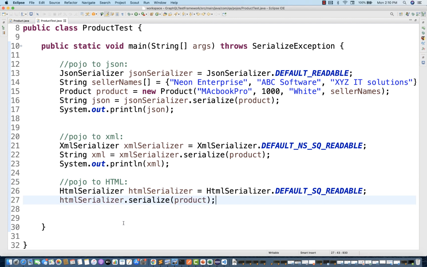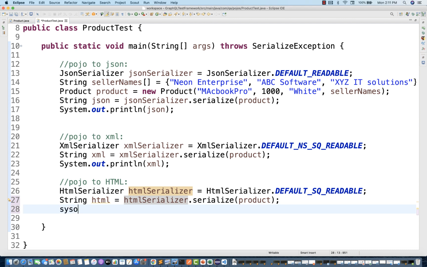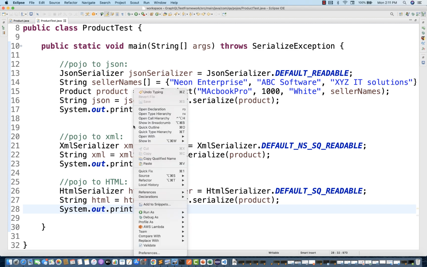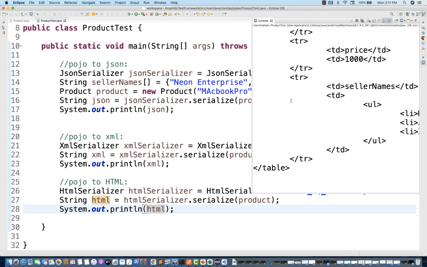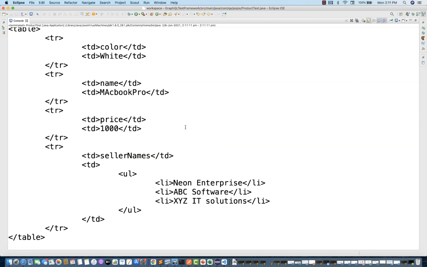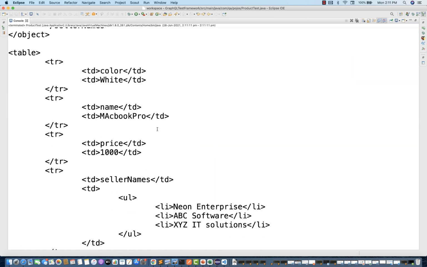So it will generate a tabular format, tr, td, and inside the body it will generate one tr and tbody and everything, and then let's store it inside the HTML string, which is equal to this, and let's try to run System.out.println HTML, and let's run it and let's see. Awesome. See, can you see that on the console we are getting it in the form of tr and td. So we are getting a table over here.